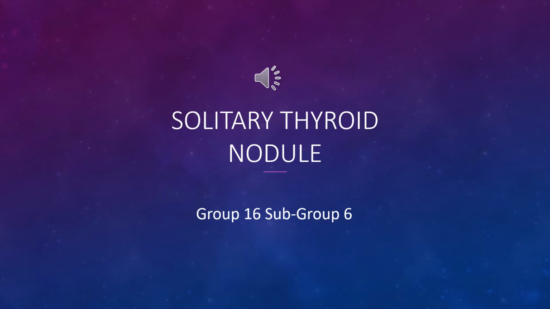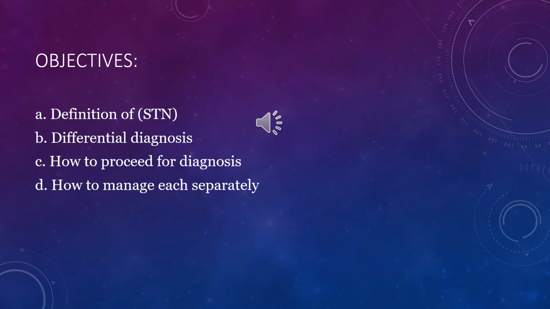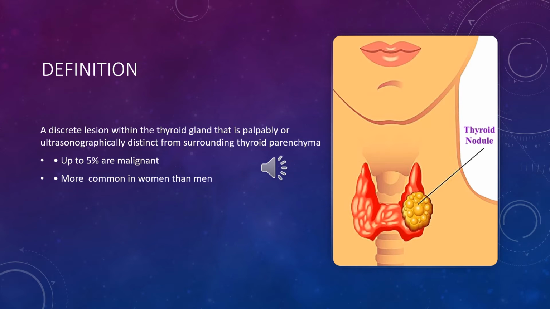Today we are going to talk about solitary thyroid nodule. The objectives of this presentation are to define what a solitary thyroid nodule is, what the differential diagnoses of the thyroid nodule are, how to diagnose it and proceed with the diagnosis, and how to manage each type of solitary thyroid nodule separately. The solitary thyroid nodule is a discrete lesion within the thyroid gland that is palpably or